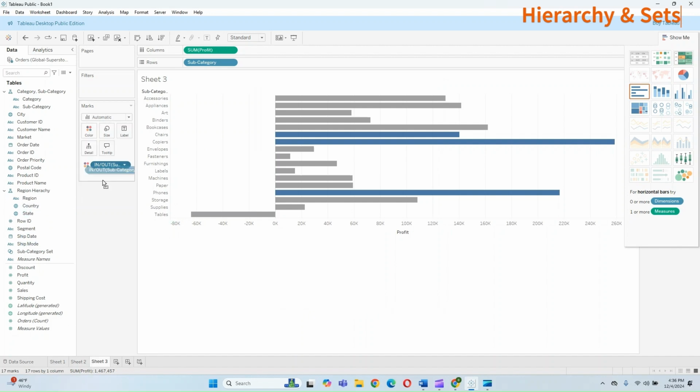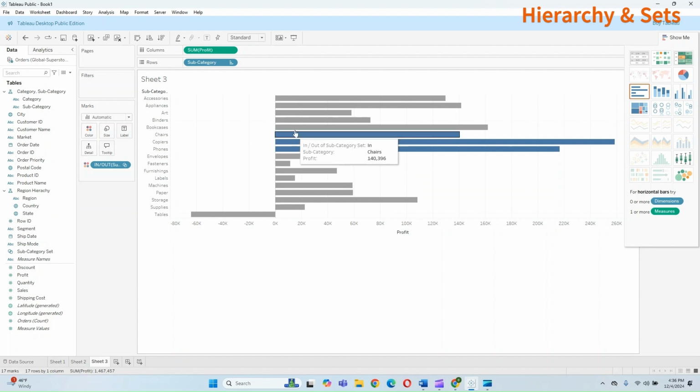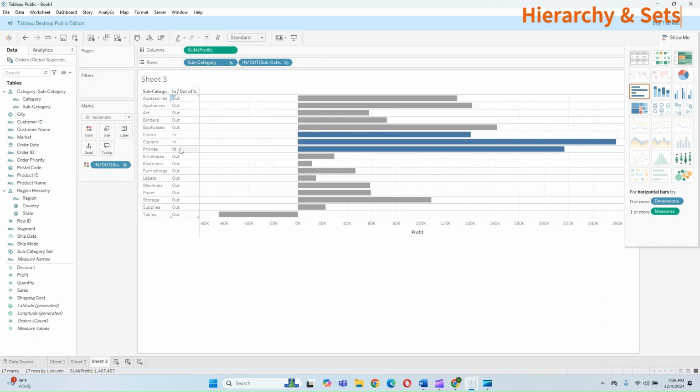Then I can take my set and drop it right here. So I have these fonts, drop it right here. So those are the top 3. And I can also take it and put it right here so that you can see which one is in or out. And you can visualize your view in multiple ways using these sets, but that's basically how you create